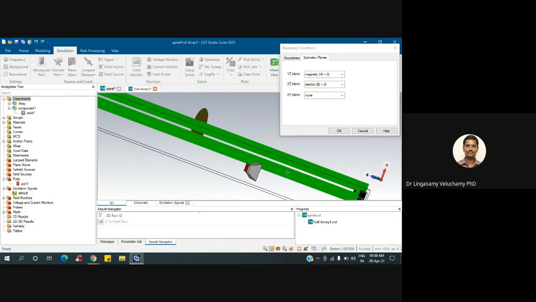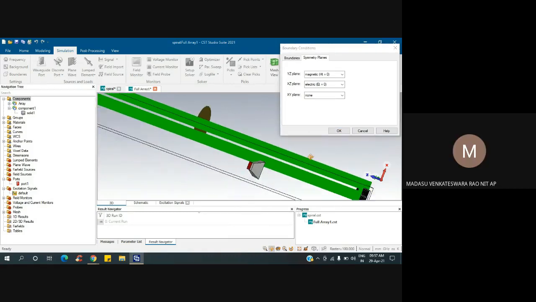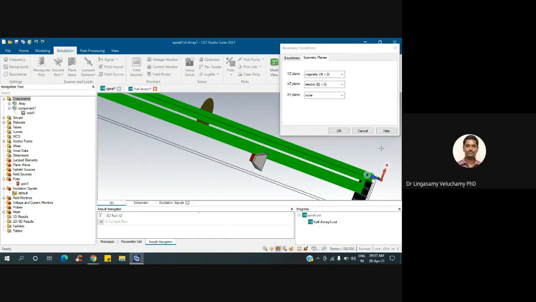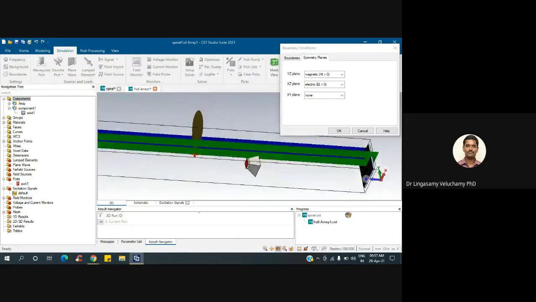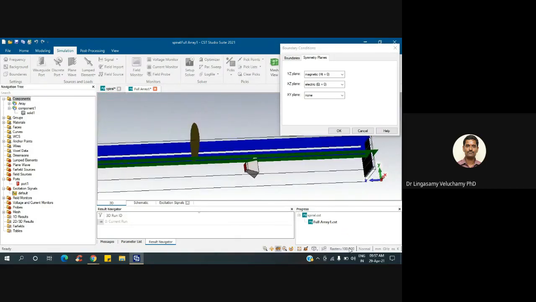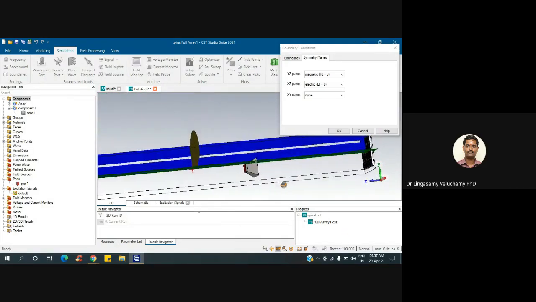Actually, it is along the Y direction. Can you select XZ? XZ is this one, the electric field. The YZ is the magnetic field. Yes, sir. Correct.